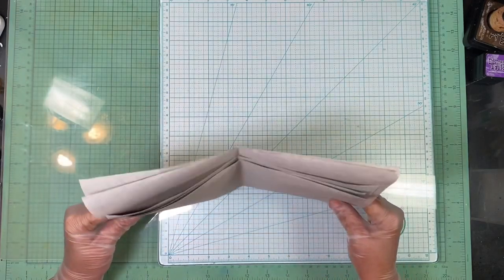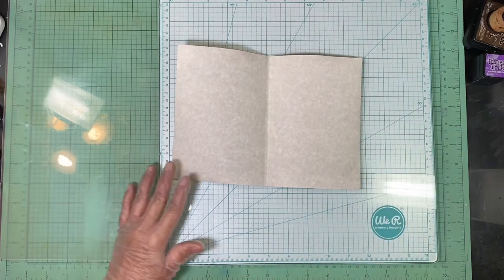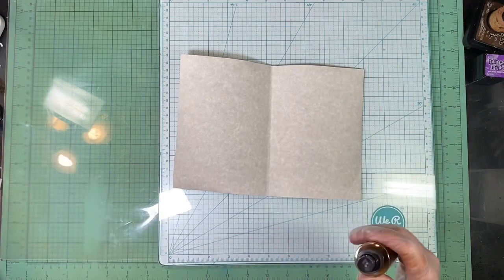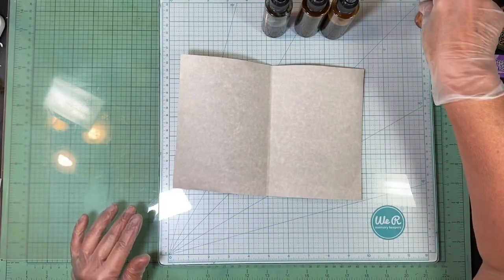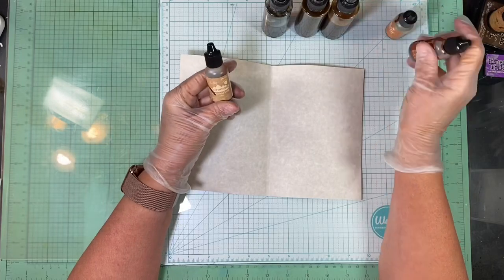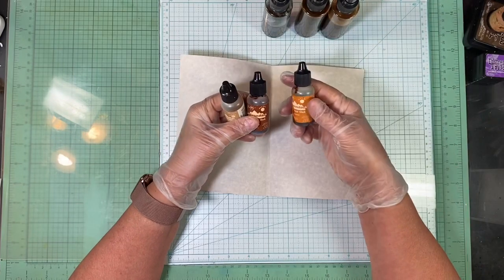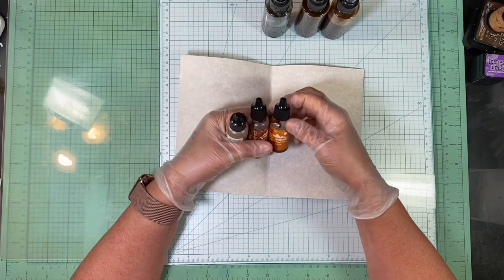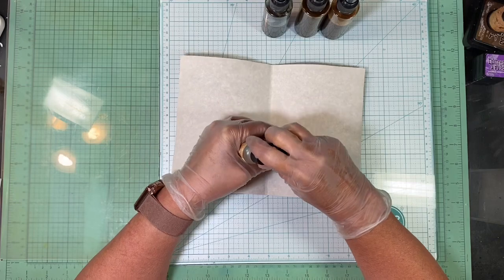Okay, all right, so let me just start here. I've got this page right here, and I have several things, and I've used these a gazillion times, but I'm going to go over them. These are alcohol sprays that I've made with alcohol ink, and these are Ranger Latte, Ginger, and Caramel. They're browns, but different tones of brown, and I mix them up,